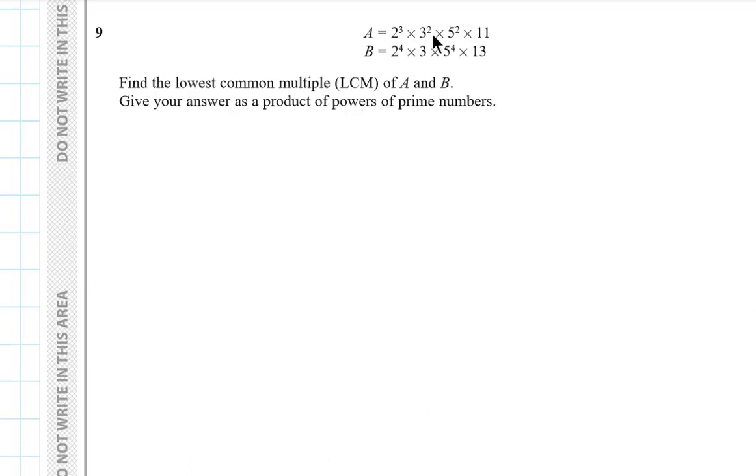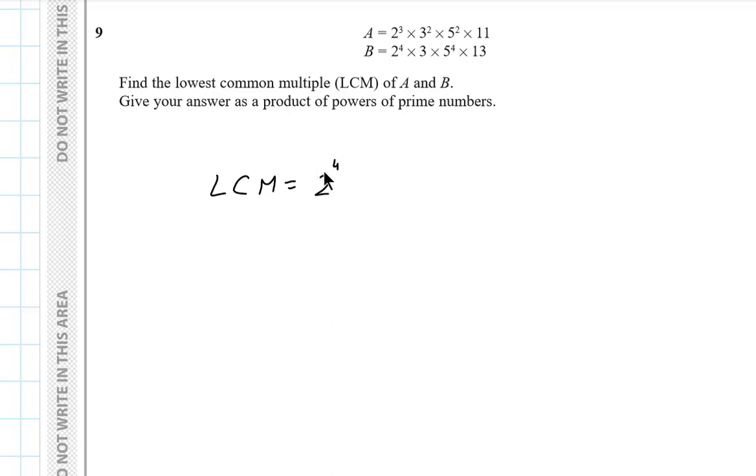Question 9, A equals and B equals, find the lowest common multiple, LCM of A and B. Give your answer as product of powers of prime numbers. It's a very easy question. To write the lowest common multiple, we will look at the common factors like 2 and take the highest power, 2 power 4,